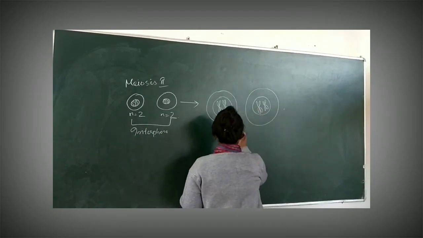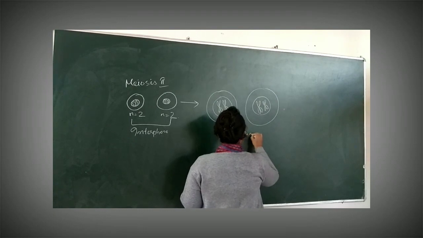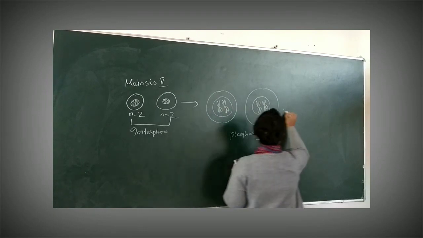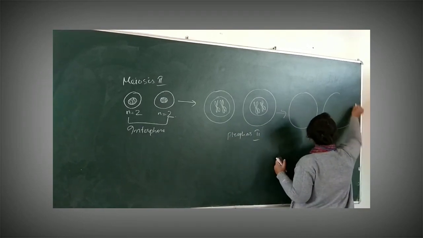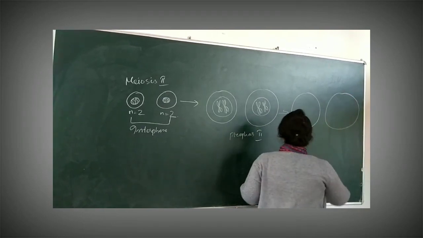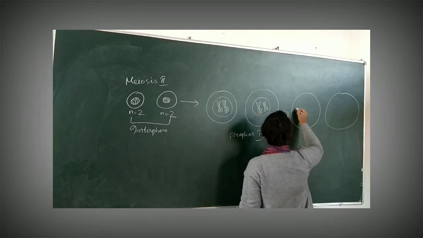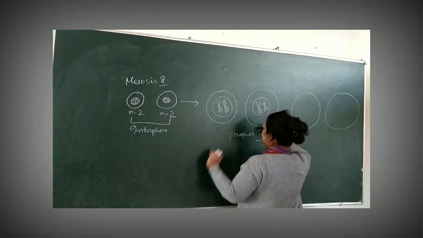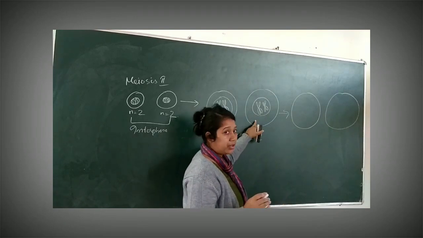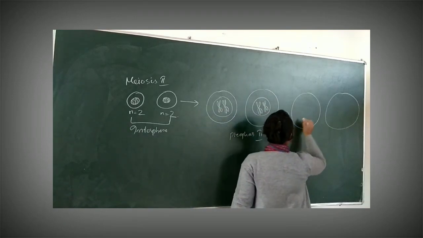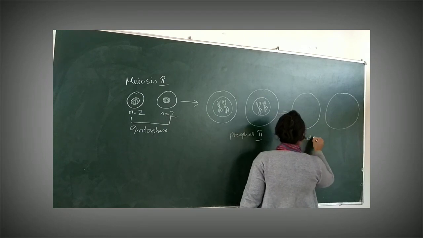So this is prophase 2. After prophase 2, this is the same as that of mitosis. Only the first part was different. So here, towards the latter part of prophase 2, the nuclear membrane will disappear. Is that okay? And that will mark the